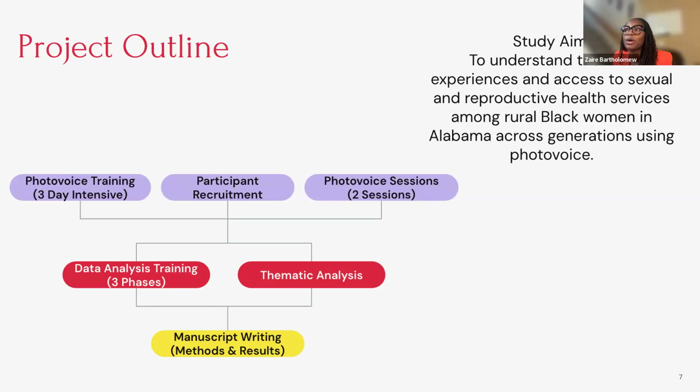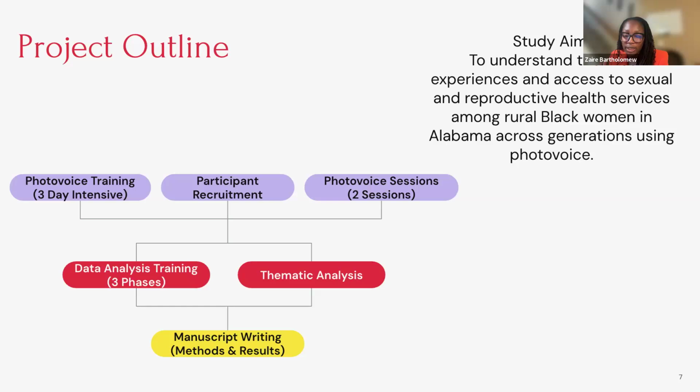And so before we got into our Photovoice sessions with participants, we did what we called mock interviews, or mock Photovoice sessions, with Dr. Albritton, myself, Kayla, Eliza, and Janine, where we took turns in different roles as either a facilitator or participant. So, making sure that we understood what our slides said, our scripts, and what we really wanted to get out of our participants when they were with us in those sessions. And so from there, we were able to move into Photovoice sessions with participants.